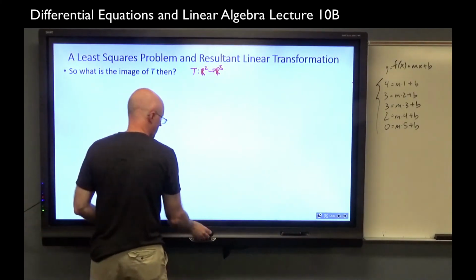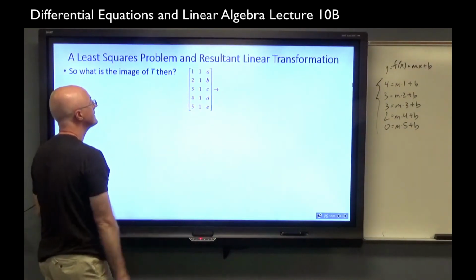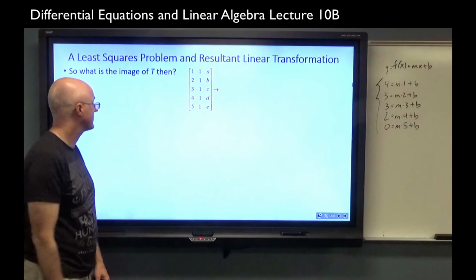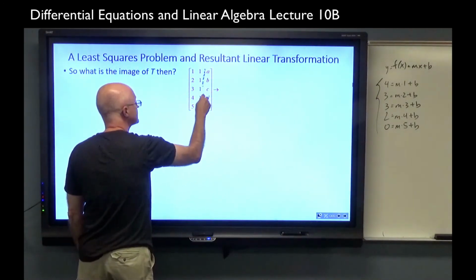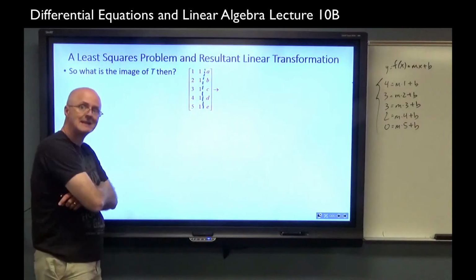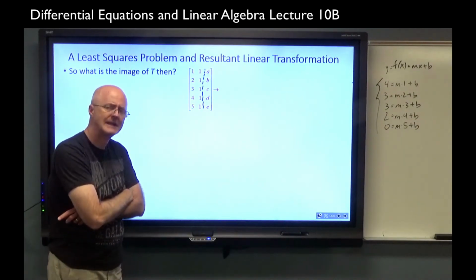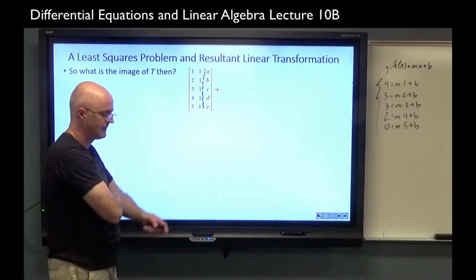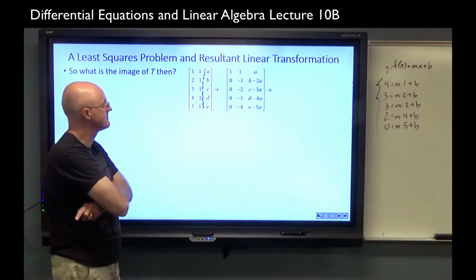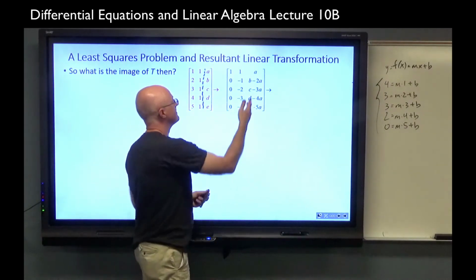I'm going to erase what I just wrote there. Got some stuff over here. You can do row operations to figure it out, for an arbitrary right-hand side numbers, A, B, C, D, and E, and try to figure out, are there any conditions on A, B, C, D, and E that would guarantee a solution? So the row operations are exactly the same as before, but now you've got to deal with unknown quantities